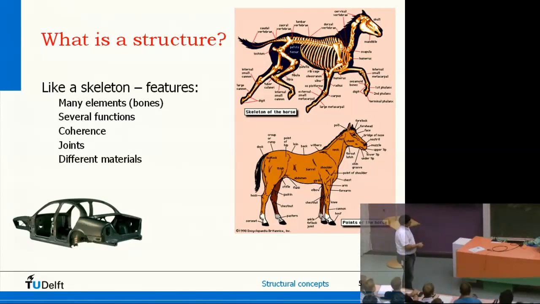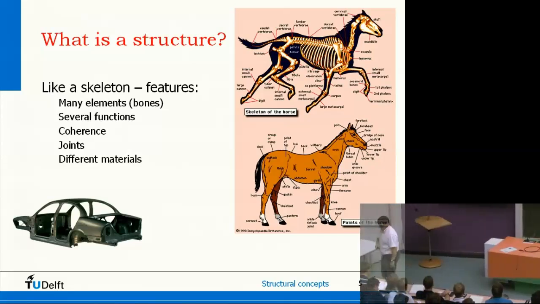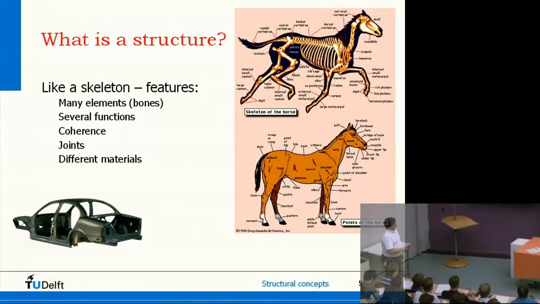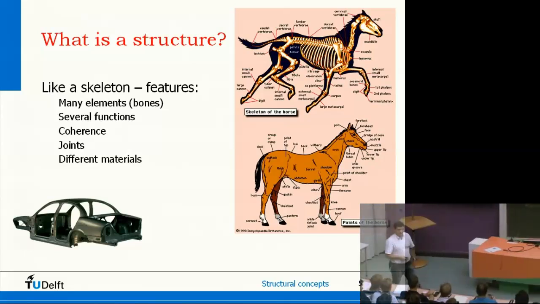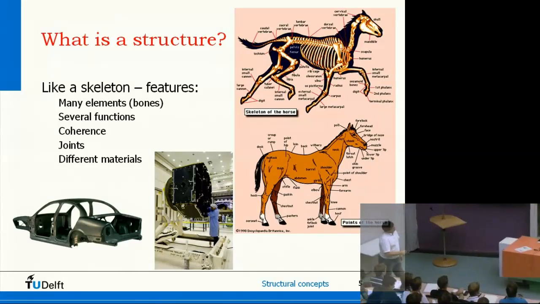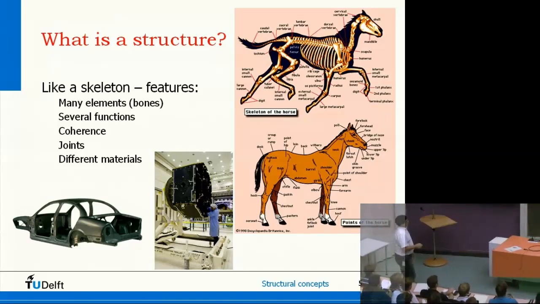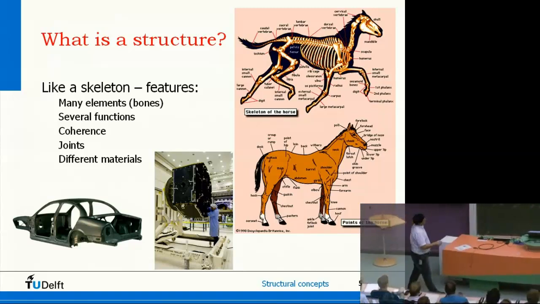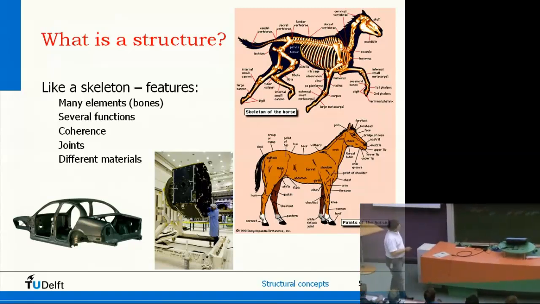Okay, here you see, for instance, a structure of a car, simple car. This is, I think, almost 100% made of steel, but nowadays you see more and more different materials coming in. So some parts are made of steel, some parts are made of aluminum, some are even composite. This is a structure of a satellite. This is just the skeleton, to say so, of the satellite, made of a tubular portion, built of sandwich panels in many cases.